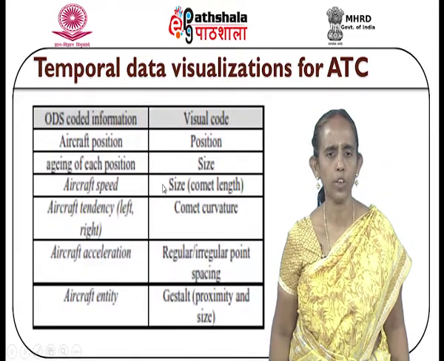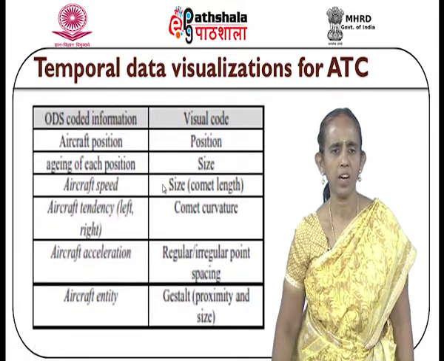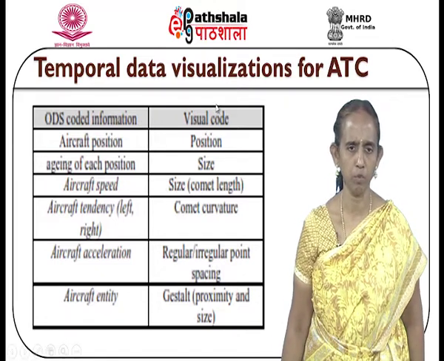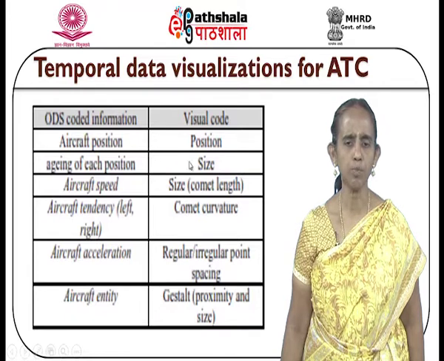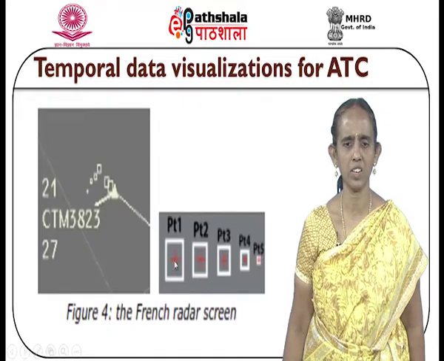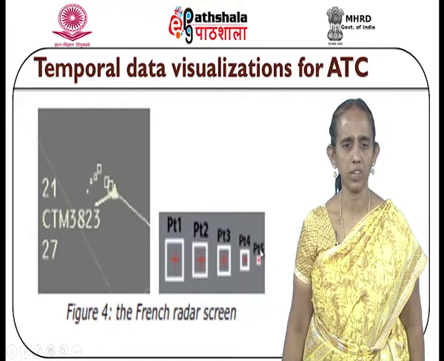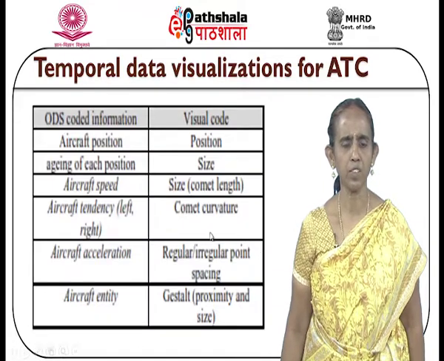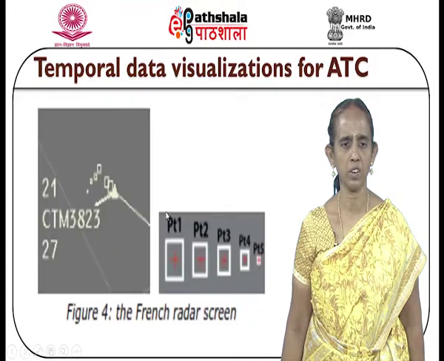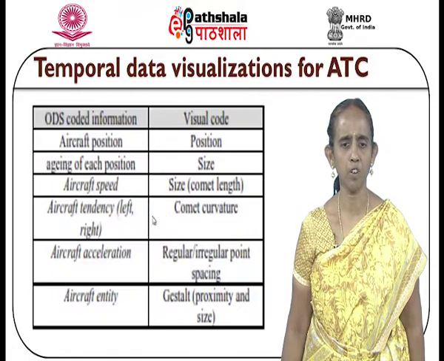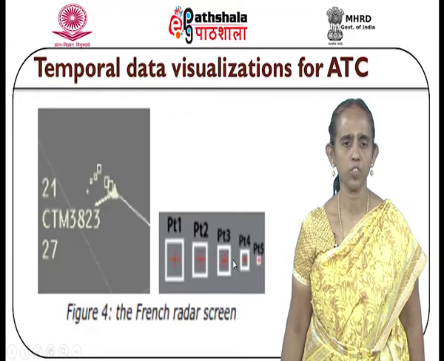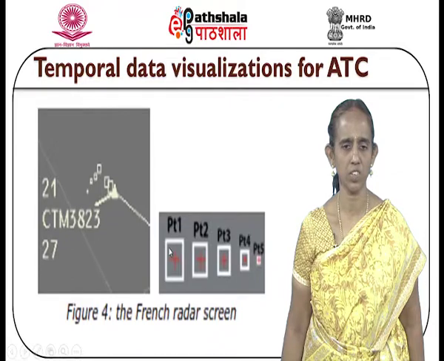So this is the ODS coded information wherein the aircraft position is encoded as a visual code in the form of a position. The aging of each position is represented as size. We can see here as the aging increases, the size also decreases. The aircraft tendency from left to right is represented here as a comet curvature. Similarly, the aircraft acceleration, that is a regular or irregular point spacing, shows the aircraft acceleration as such, and the